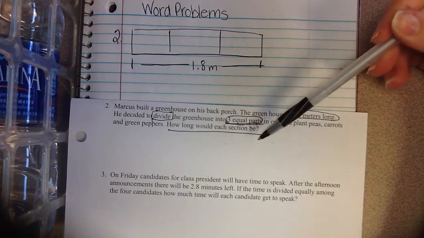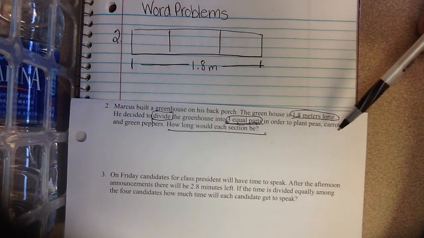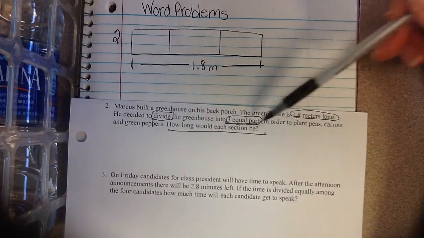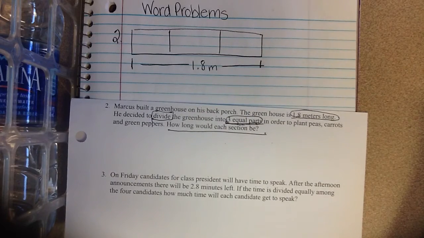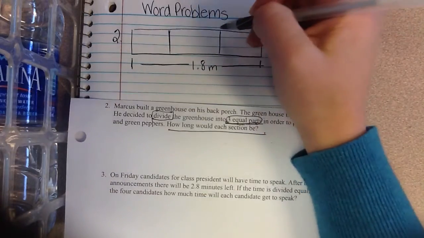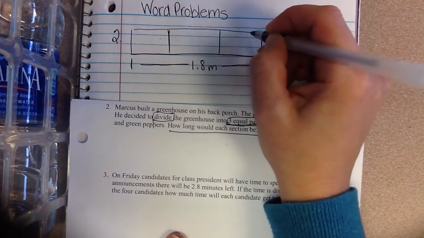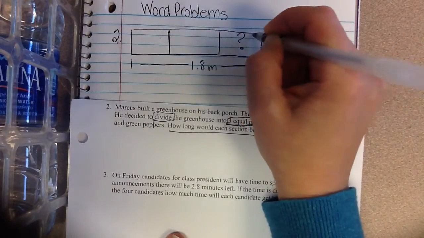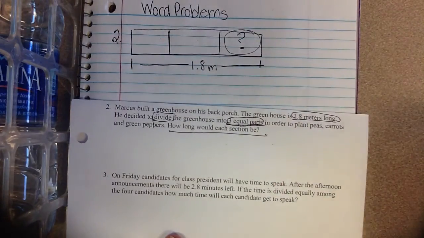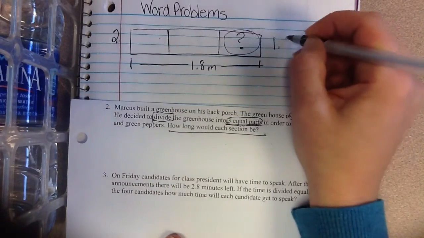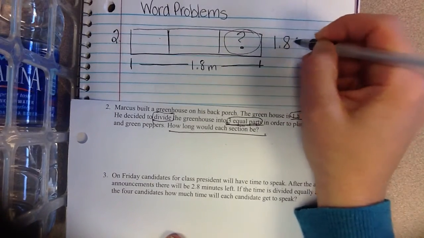I did my cubes. I looked at my problem. I looked at my action words. I circled my important numbers. So this problem tells me I'm splitting this up into 1, 2, 3 parts. My question is, how long would each section be? So I'm trying to find one of my sections. So I know I'm going to do 1 8/10